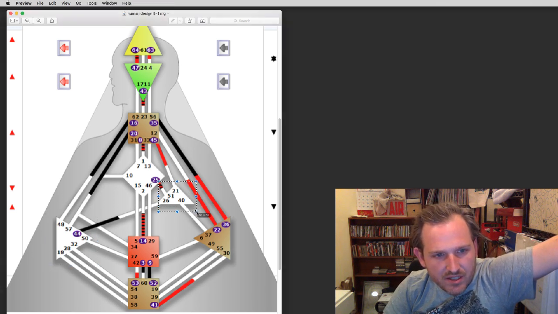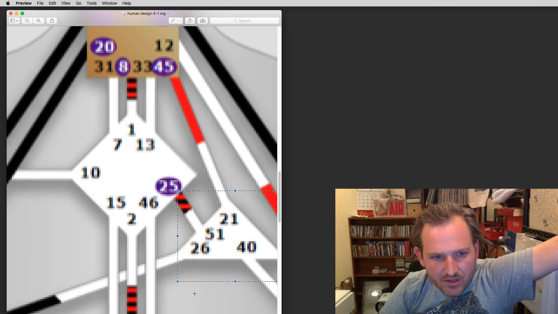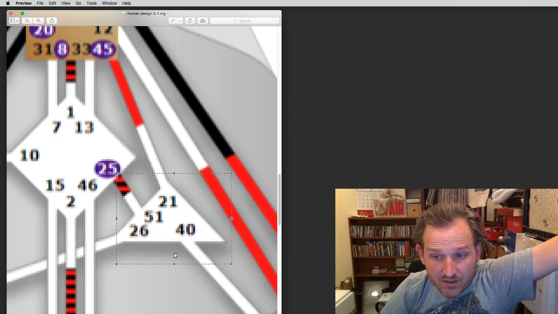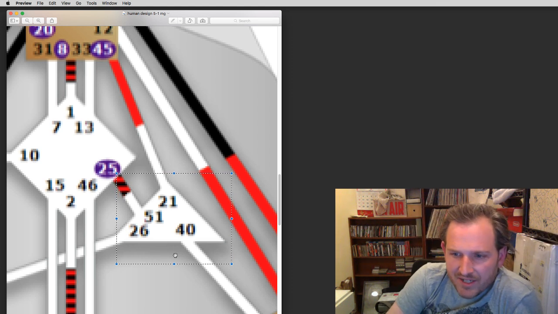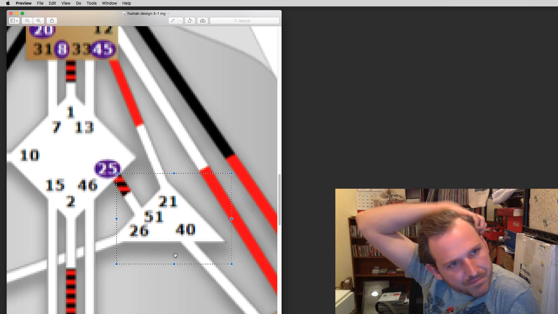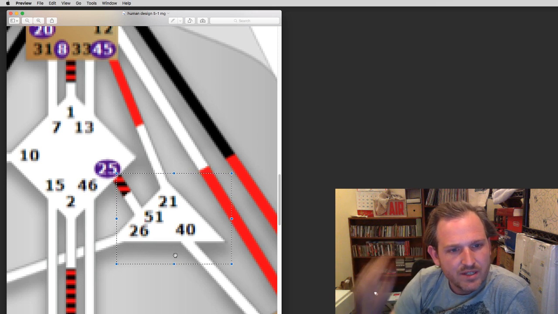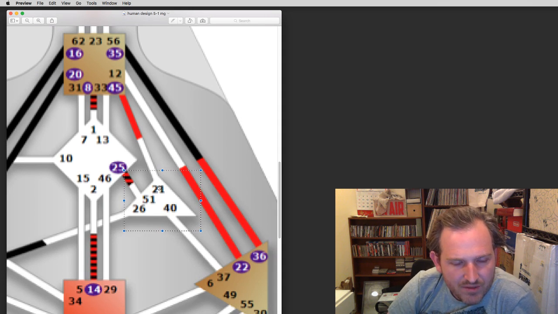So okay, starting with the ego here. This is the ego center. You see we have 26, 51, 21, and 40. And they're all undefined. So it's completely undefined ego. Completely open ego with no activations. And so when it's completely open, in some ways it's almost beyond the binary. It's almost like it doesn't even have a fixed way that it tries to prove or improve. And it can be hard to notice how it's doing it because it's so open. But what you might notice, so I'm going to talk about when you have an unactivated gate